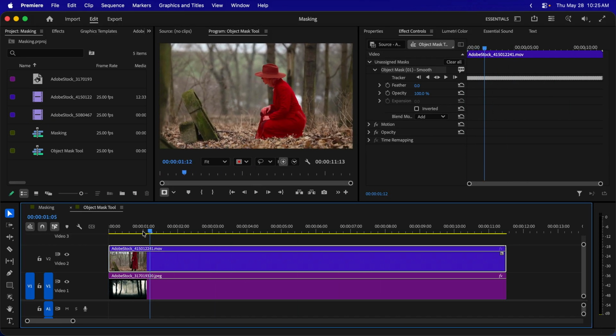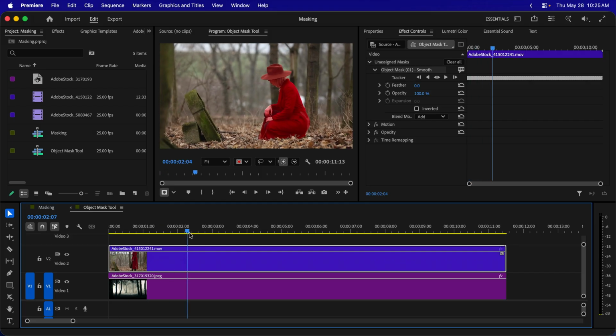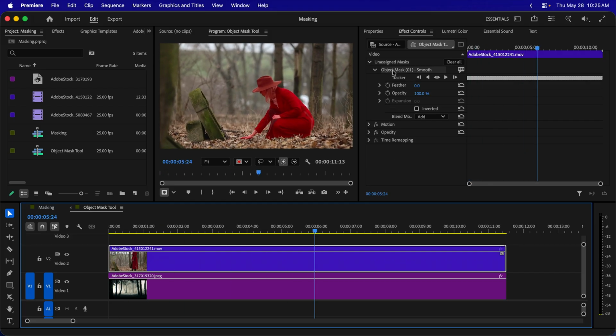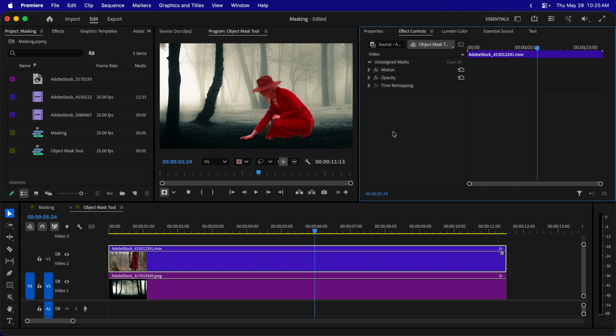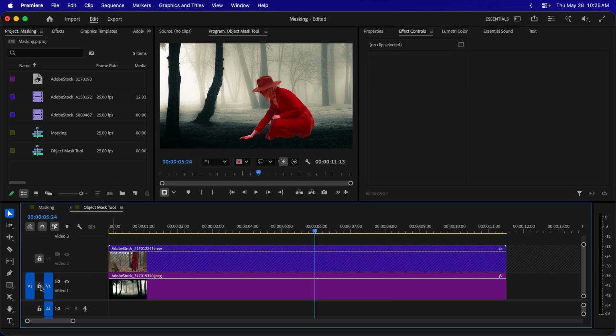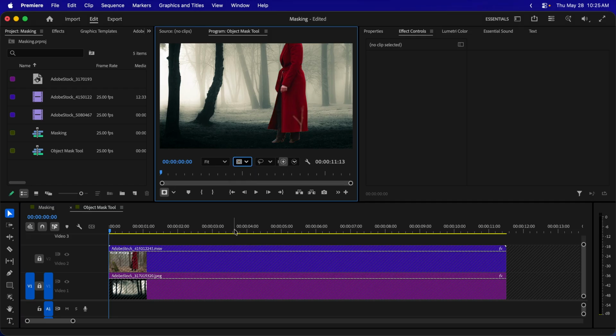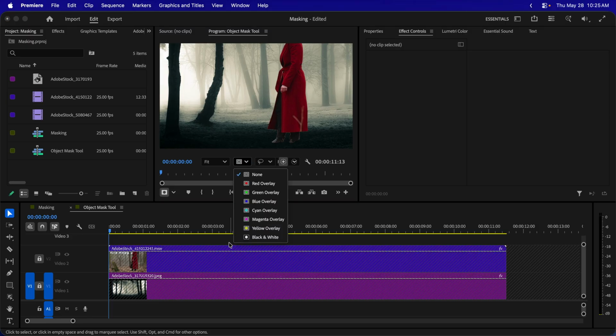And just like a normal mask, we're going to be able to go through and assign this mask to any other property. I want to assign it to opacity. So I'm going to just drag it down into opacity. And now we can see the effects of our mask here. So let's lock down our layers. And I don't want to see any masking anymore. Let's put that to none. And then if we play this back,